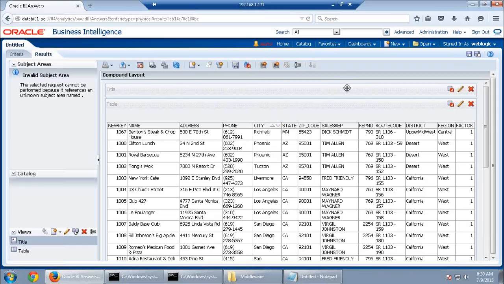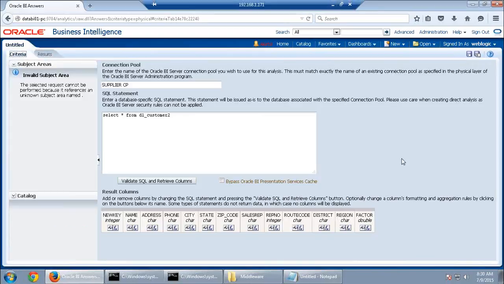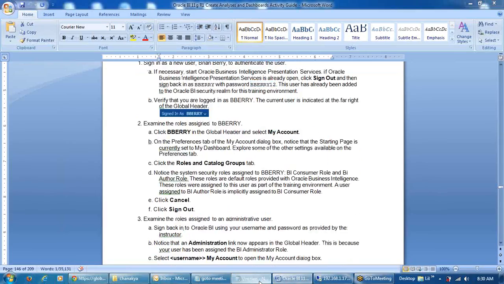Yeah. So this is how you can look into your table data directly from the report without even having any physical model or anything. Any table from the database can be accessed.